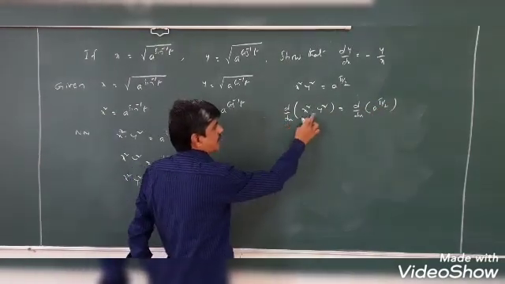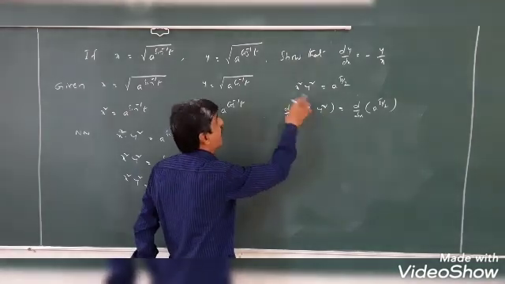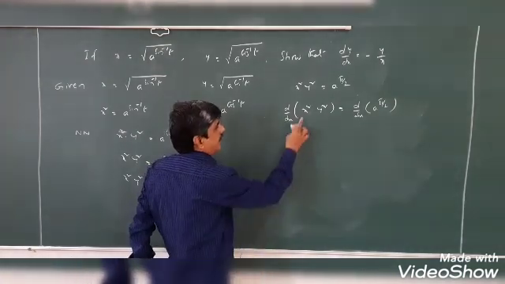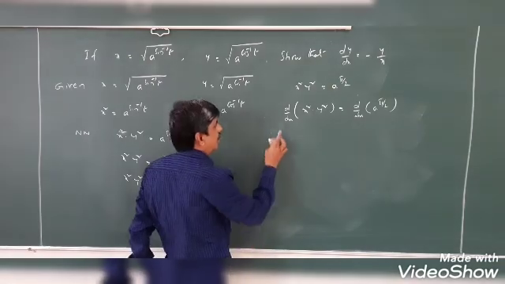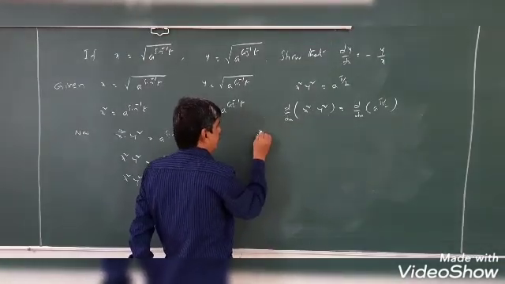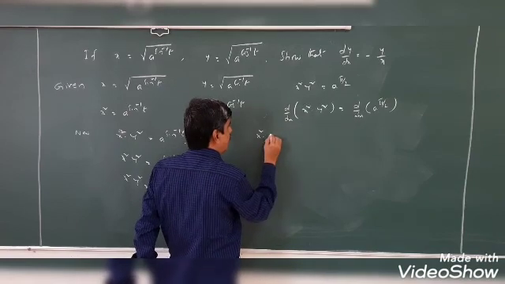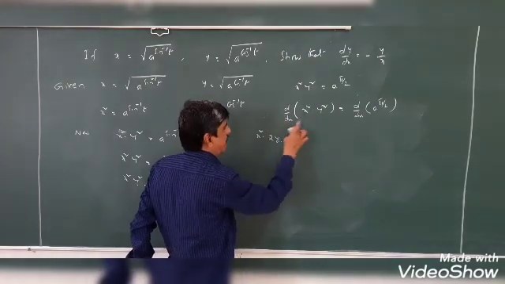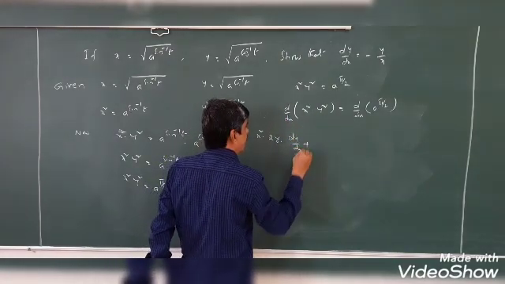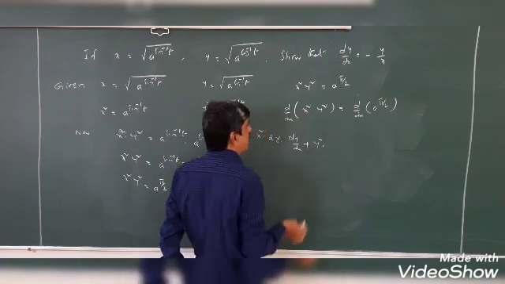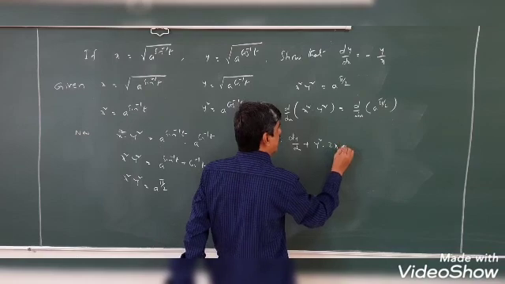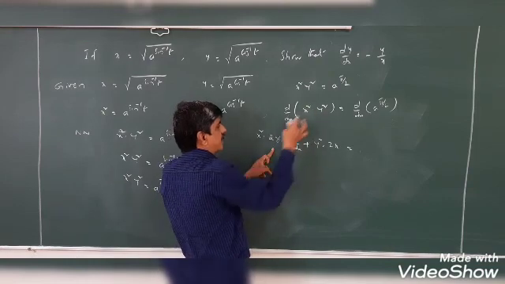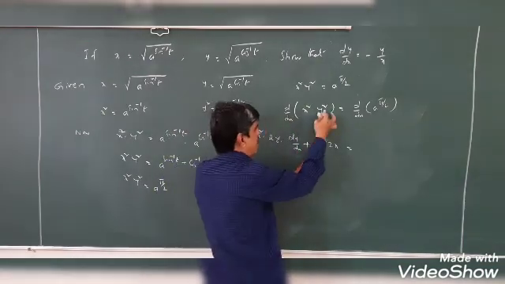So here d by dx of x square into y square, y is a function in x. Due to that reason, differentiate with respect to x means the product rule, u into v. So d by dx of u, keep it same, d by dx of v, y square derivative is 2y, then in the place of y, x is not there, d by dx of y we will write as dy by dx, plus y square into d by dx of x square is 2x. So d by dx of u, keep it same, then d by dx of v is y square derivative, 2y dy by dx, plus y square, keep it same.